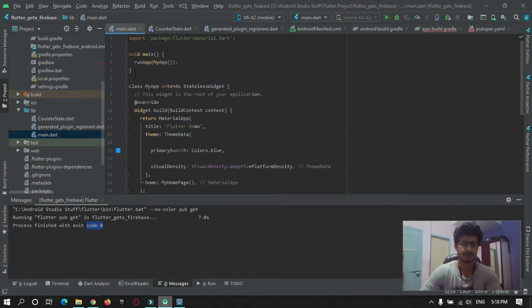Here in the main function you need to initialize Firebase.